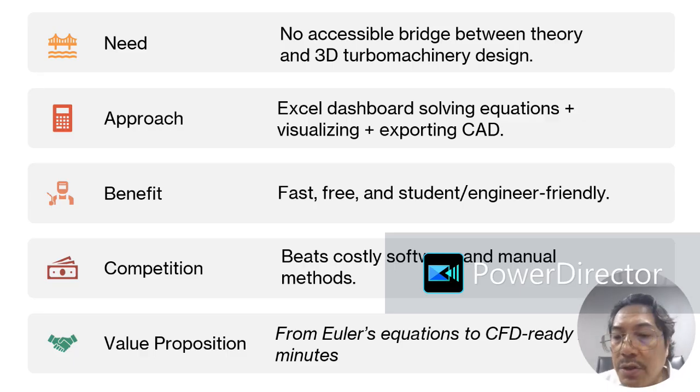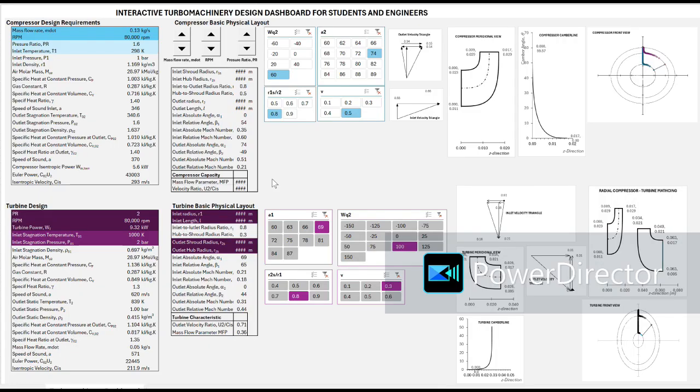Next, we will continue with how this turbomachinery design dashboard works. This is the interactive turbomachinery design dashboard that has been designed. As you can see from the screen, there are two sections of the dashboard. On the top section is the dashboard for the compressor, and on the lower section is the dashboard for the turbine. On the left side gives you the requirement of the turbomachinery design, whether it is for the compressor